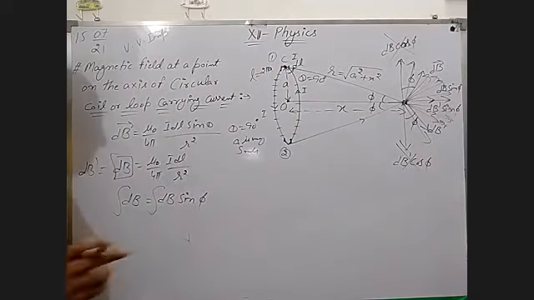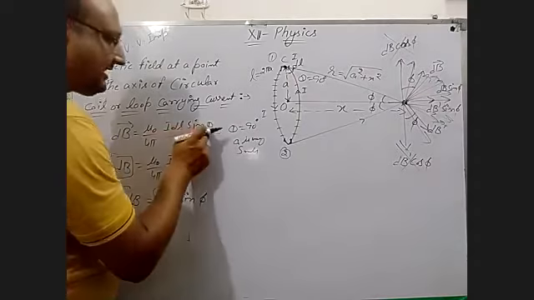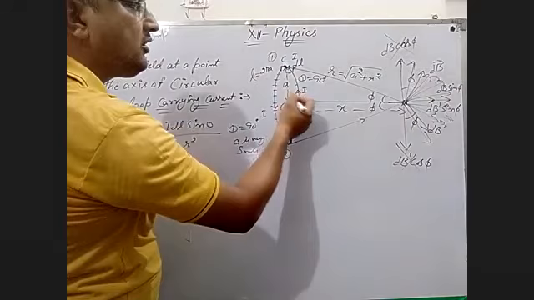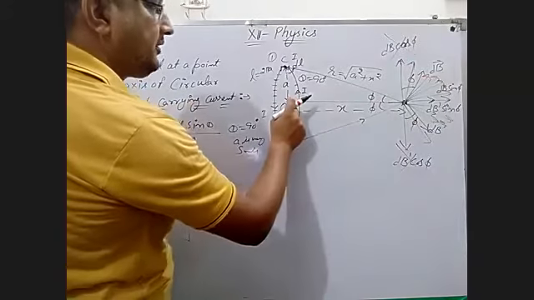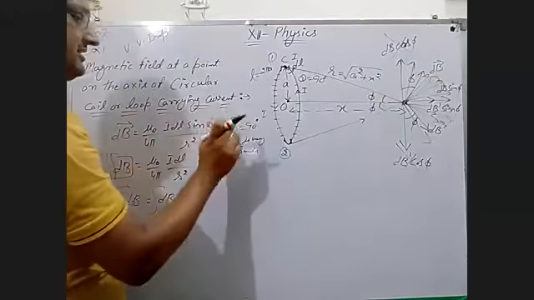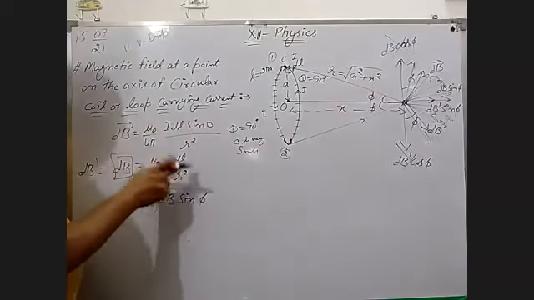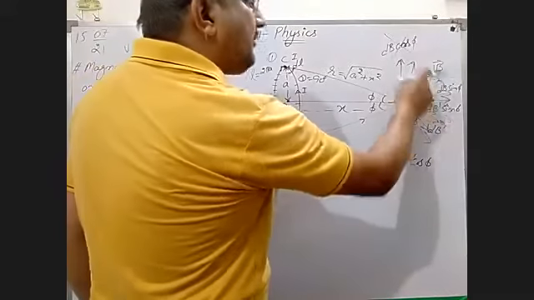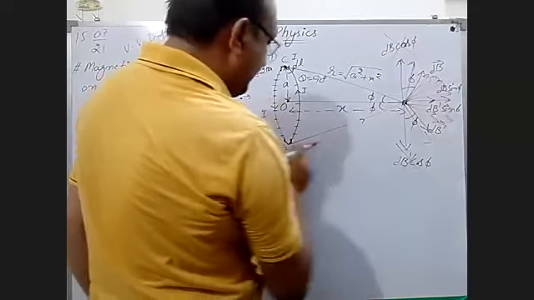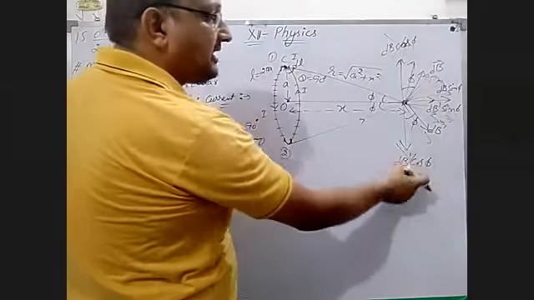This thing you have to note down: dB is I dl sin theta. Here theta is 90 degree. As a is very small, P is very far away from there. Okay, this x is greater than a. That's why you are taking this thing. But dB is mu naught I dl upon 4 pi r square. But here dB has two components. One is dB cos phi, other is dB sin phi. From this part, this thing, from this part, that thing.